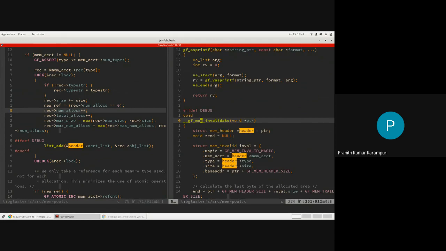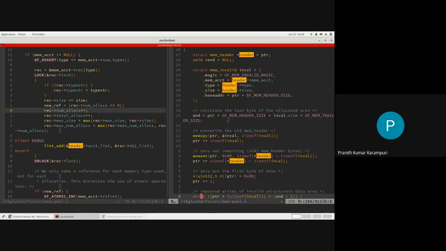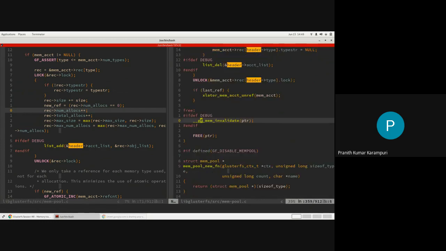If the debug flags are enabled, which are enabled for running the test regression suite, you also do some extra stuff so that you know what is correct and what is wrong. It is easier to identify the problems, because libc actually doesn't invalidate the data, so even if you do a read after free, sometimes it will work fine.